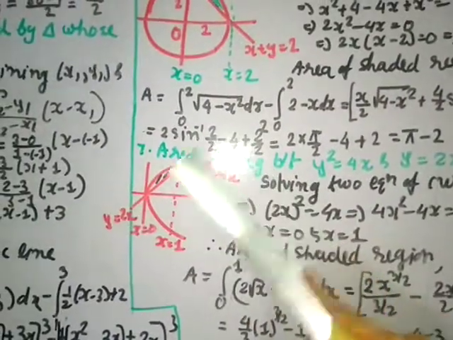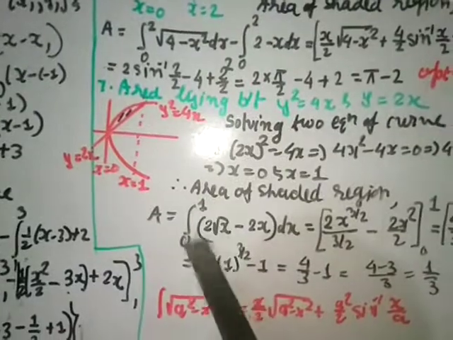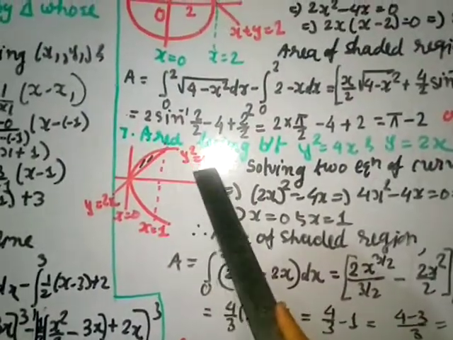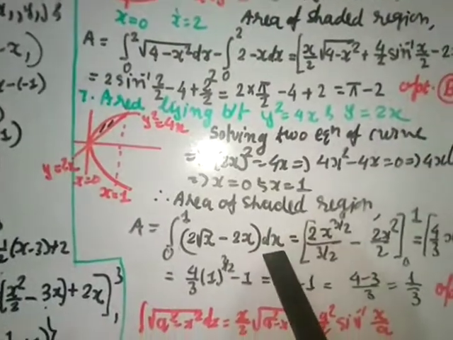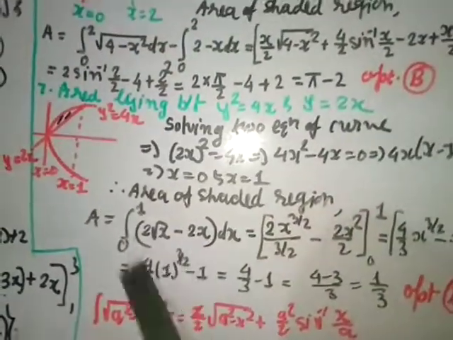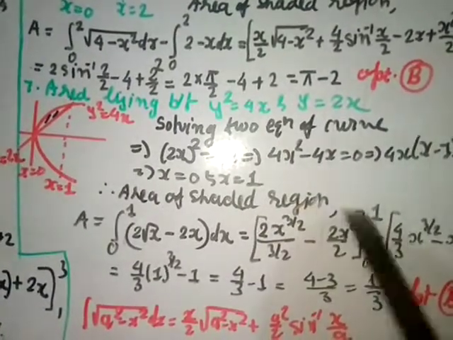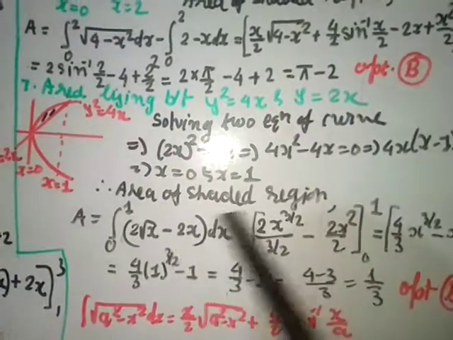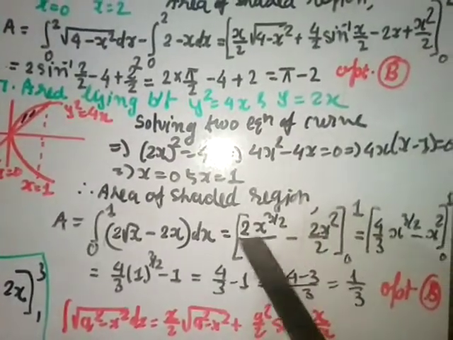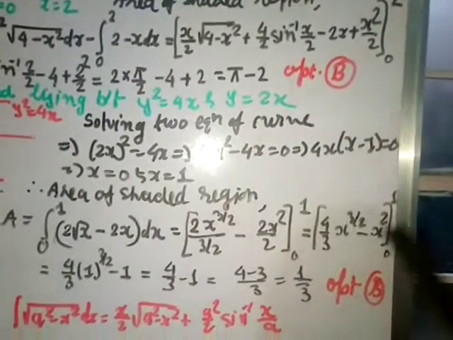Area of the shaded region, this part minus the line. Parabola minus equation of the line. Integral 0 to 1. So the parabola will be y is equal to 2 root x, and the equation of the line is 2x, dx. And this is negative, minus. This is x power 1 by 2. Integral is x power 1 by 2 plus 1, which gives you 3 by 2, divided by 3 by 2. Minus 2x, integral is x square by 2. These 2s cancel, so 4 by 3 x power 3 by 2, and these 2s cancel, so x square, from 0 to 1.